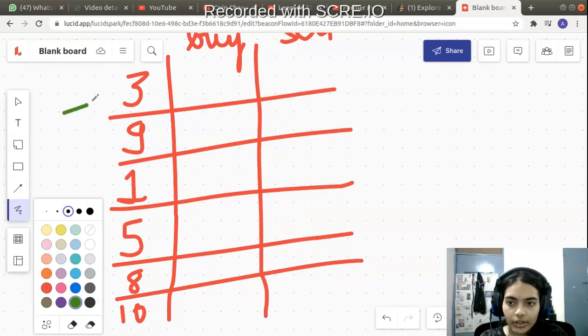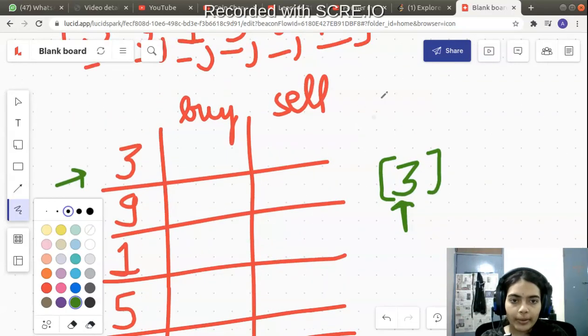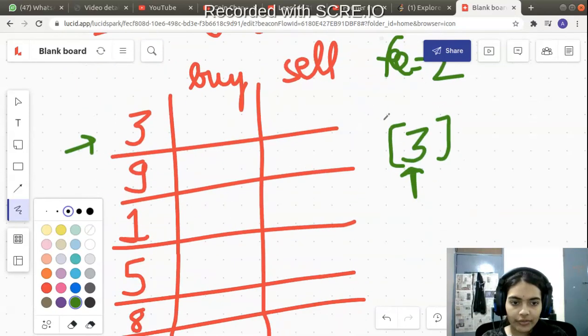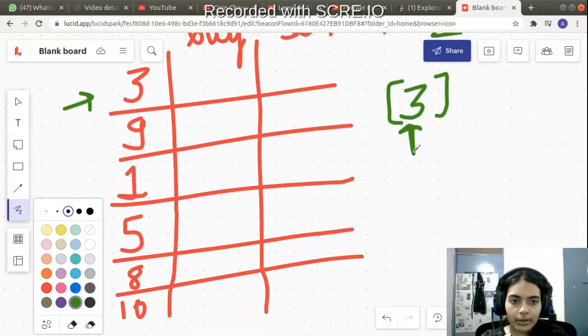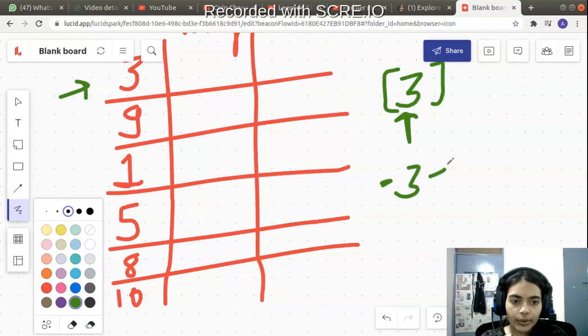So day one, let's just think about day one for now, because when you are at day one, you are not able to see the other days. You are only able to see day one. So suppose you are entering day one. Now let's consider the buy option. If you have to buy on day one, what will be the price you have to pay? Let me write fees also. Suppose fees is 2 for this particular example. Suppose you are buying at the price of 3. So you are paying 3 rupees, and also you are going to spend 2 rupees on the transaction fee. So minus 3 minus 2, so minus 5.